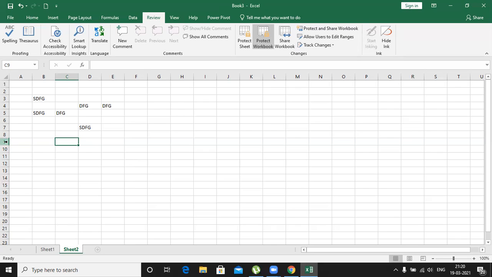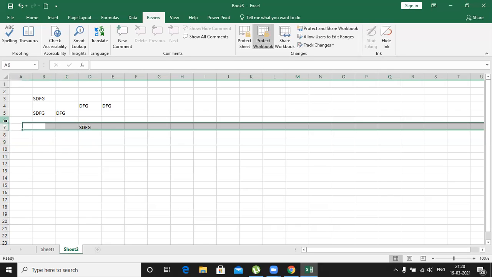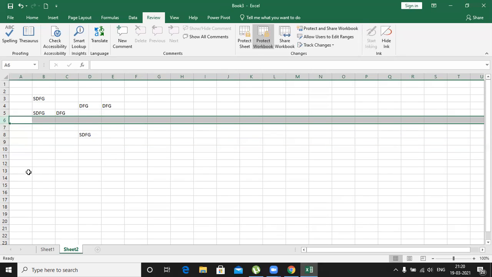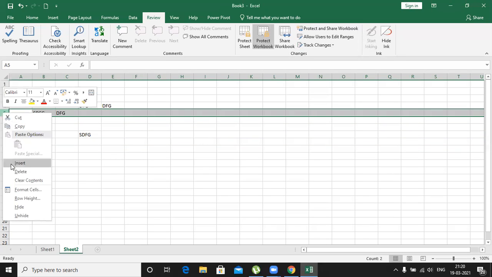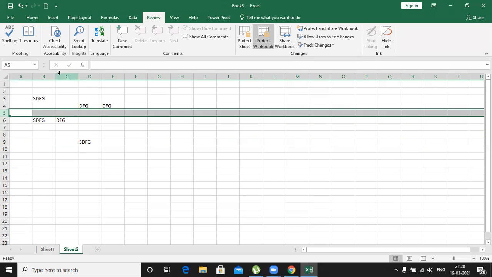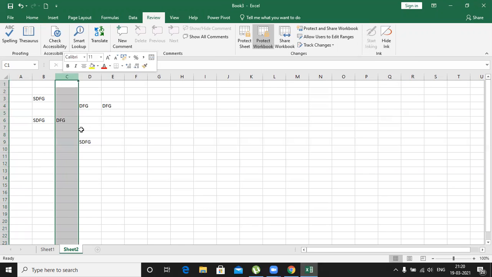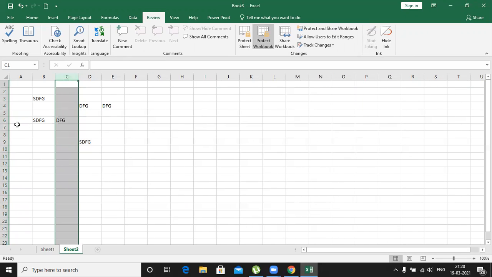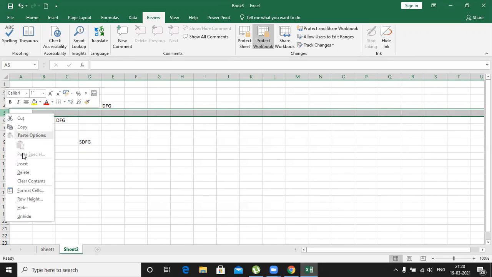Okay. Somebody will tell you to insert a row and column. Then can I do that? Right click and see this. Still I can access insert row and insert column. Okay. And again right click and delete. Again right click and delete.